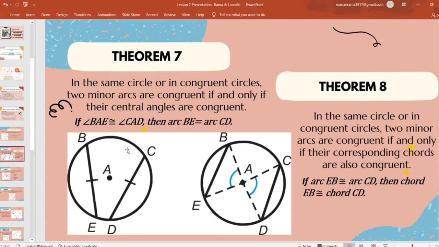So if both of our arcs are congruent, then our chords would also be congruent. As you can see, our arc EB is congruent to our arc CD. Then our chord EB is also equal to our chord CD. Next, we have here